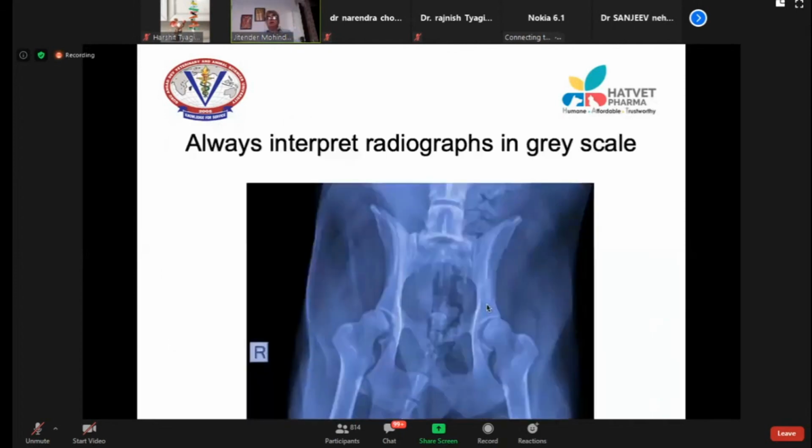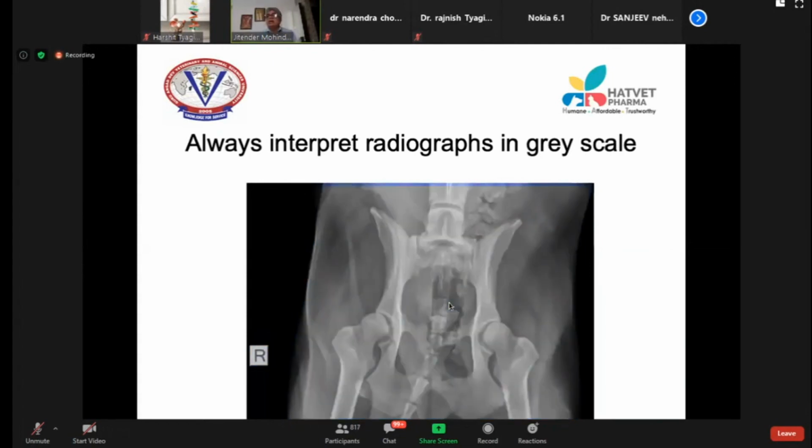Now, I also get many radiographs from doctors and owners which are blue in color or maybe green in color, sometimes red in color, maroon in color. I get so many interesting radiographs, but always interpret radiographs in grayscale. If you get such a radiograph, just change the shade, change the saturation, make it gray like this.